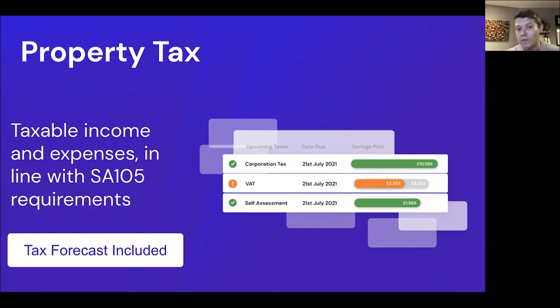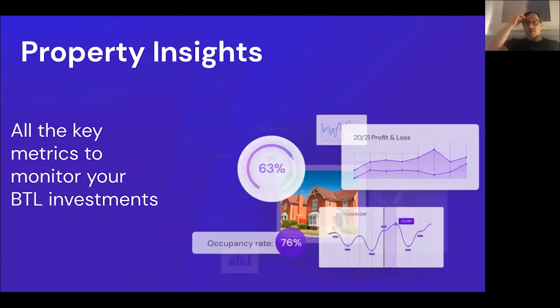I say automates most of the process and means that you actually don't have any stress because your accountant can just have automatic access and just take the data when they need it. And then the final... sorry, James. And we also, because we don't like surprises, give a forecast of your tax, so you don't have to wait until the tax bill comes in and then get wrong-footed because it is higher than you thought. You are incentivized to put the money away as you work towards the end of the tax